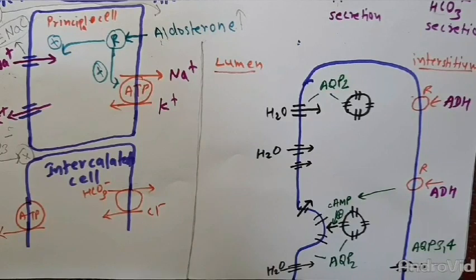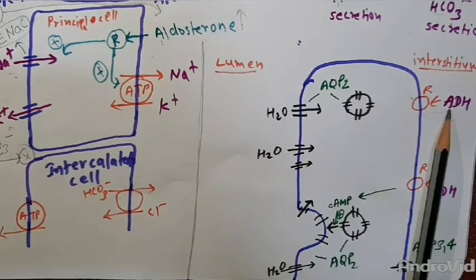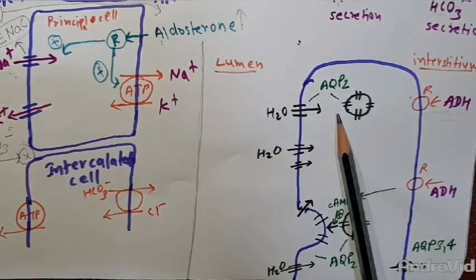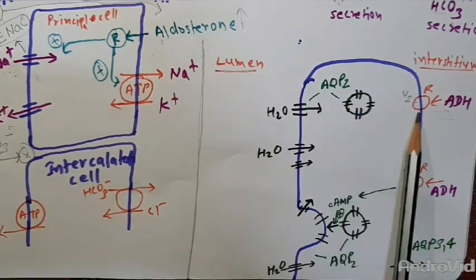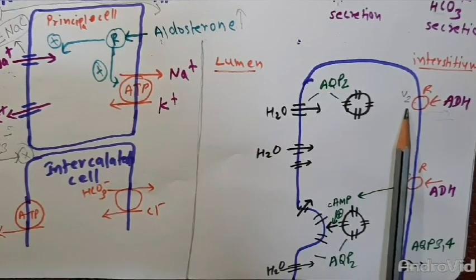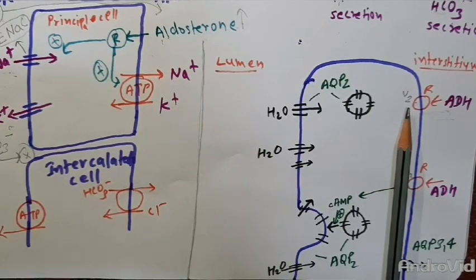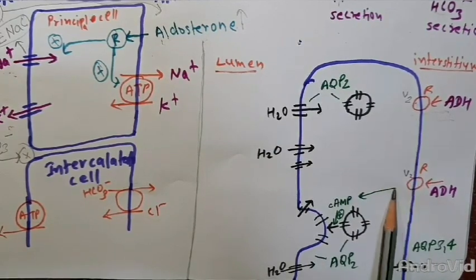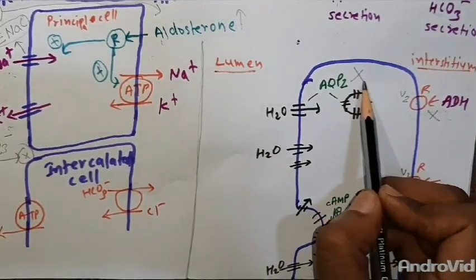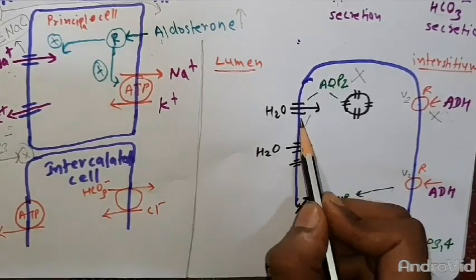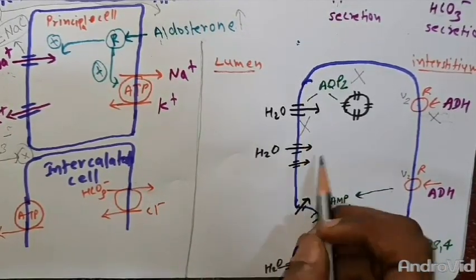In addition to their role in control of sodium absorption and potassium secretion, principal cells also contain a regulated system for water channels. Antidiuretic hormone controls the permeability of these cells to water by regulating the insertion of preformed aquaporins, that is the AQP2, into the apical membrane. The ADH receptor, or vasopressin receptor, found in the brain is the V1 receptor, and the receptor found in the principal cells is the V2 receptor. In the absence of ADH, the aquaporins will not form and water will not be absorbed, so the urine formed will be diluted.